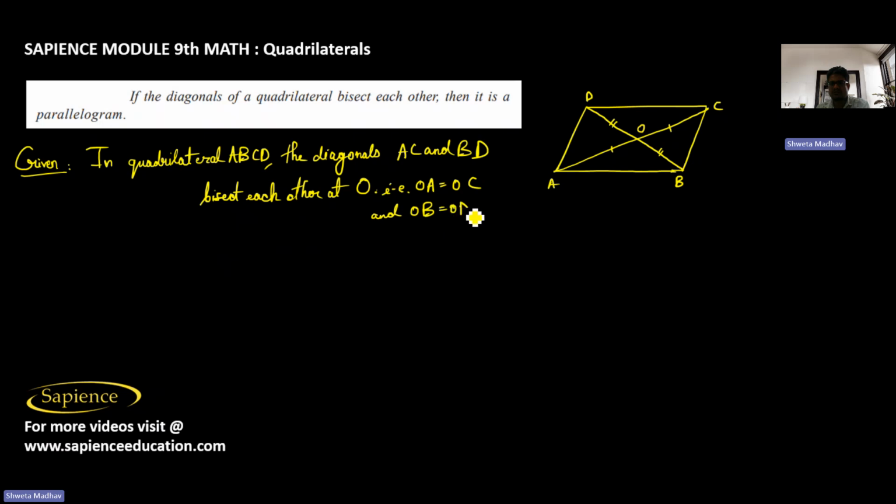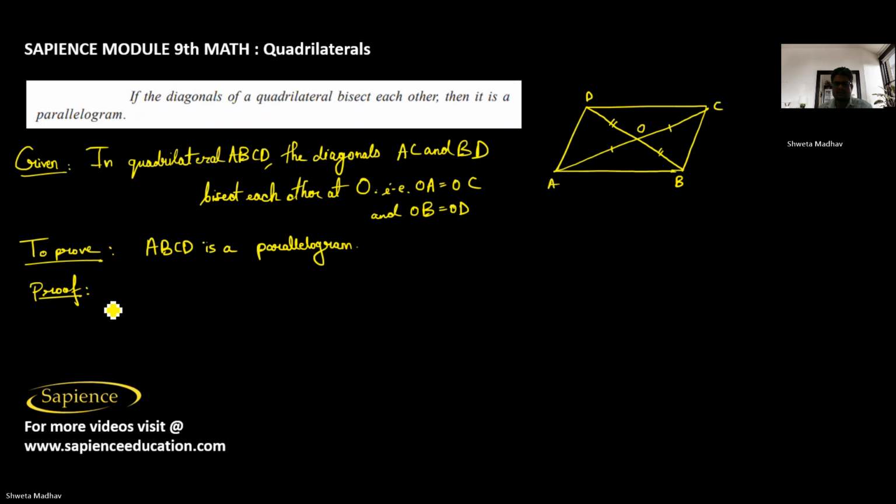So then we have to prove that ABCD is a parallelogram. The proof is given as, so you can say that in triangle AOD and triangle COB, you can say that AO equals to CO, which is given,